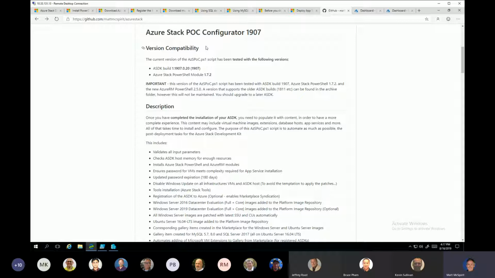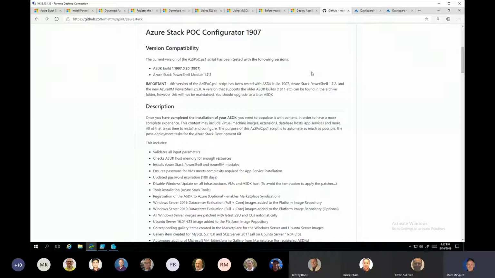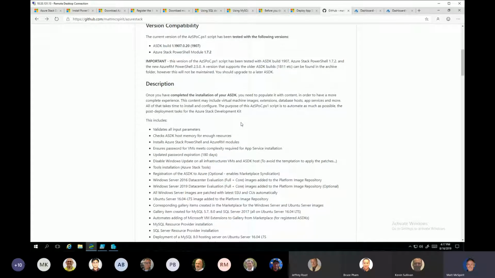deploy the ASDK itself. That needs to be done by you, following the documentation that's available over here in the docs on how you deploy that. But once you have finished your deployment of the ASDK, that's when you would download and run my script. So what is it going to do? Well, it's going to do a lot of the stuff that I just described in those tabs, but in addition